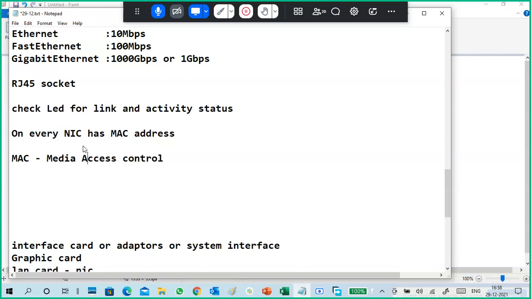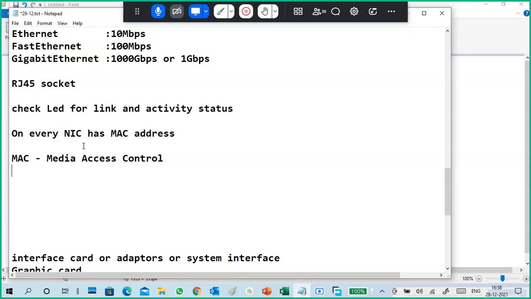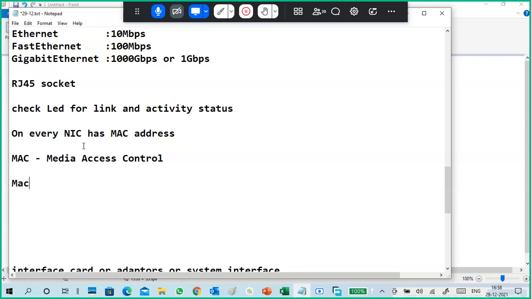This MAC address is also called a physical address. Spelling is correct or wrong?